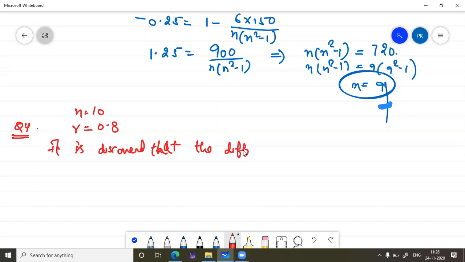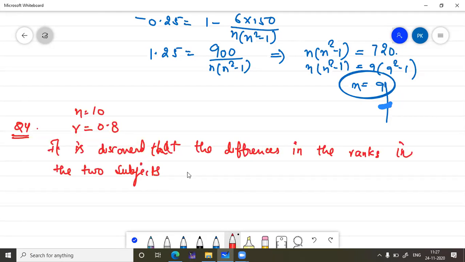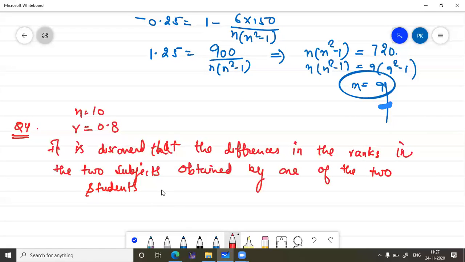Now it is discovered that the differences in the ranks in the two subjects obtained by one of the two students was wrongly recorded as 6 instead of